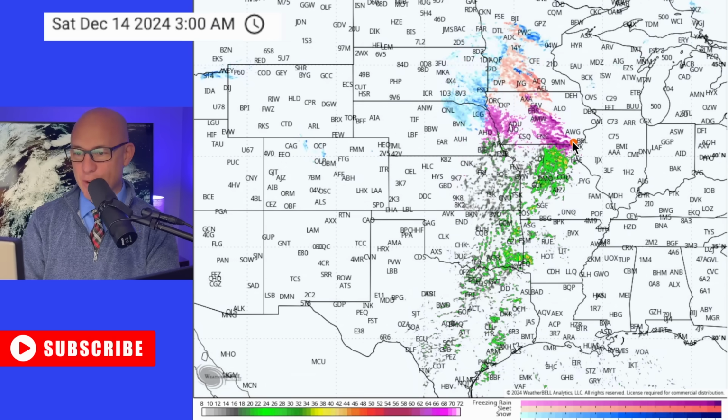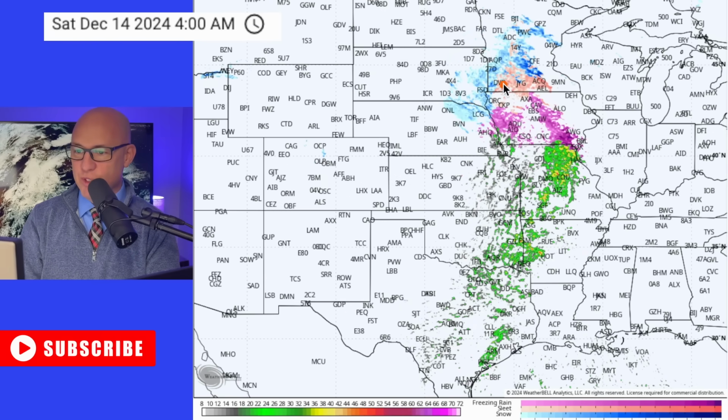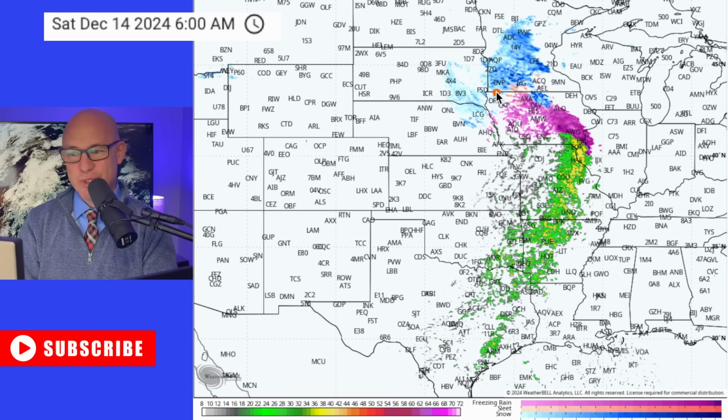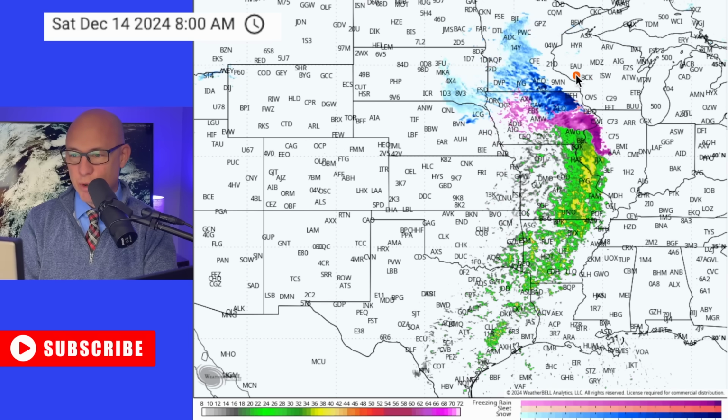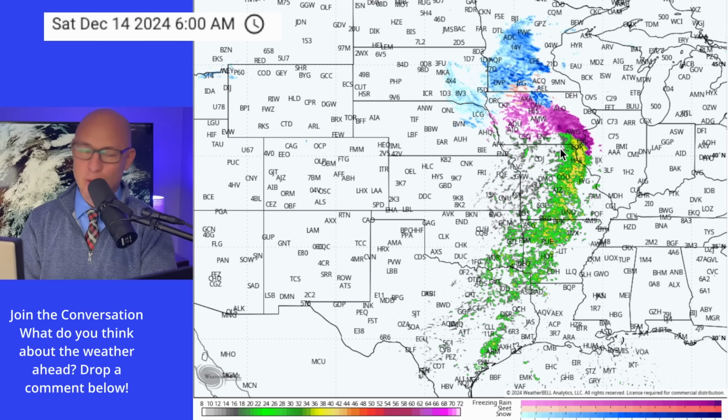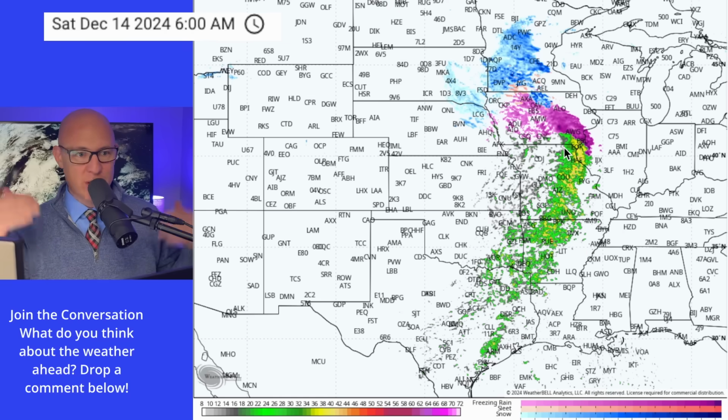As we move into the overnight hours, 2, 3, 4 a.m., that freezing rain moves east towards Des Moines. It moves north too, at least the precipitation does, and the cold air may be deep enough across Minnesota to see all snow, at least across, I think, the Twin Cities. But watch out down here toward Rochester. We may have some sleet and some freezing rain to start, and then we'll go back over to snow as our cold air really starts to develop in, and our area of low pressure starts to develop. And we'll see the dynamic cooling, and we'll probably get rid of that warm nose, which is causing this pesky